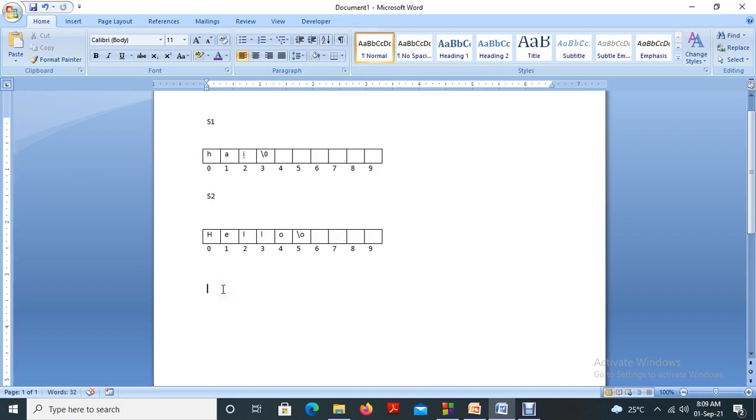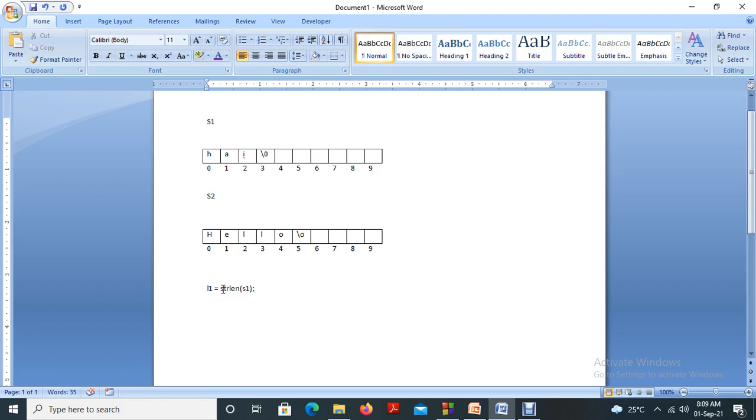So how will you do that? For example, I am using the variable L1. I am using the string handling function strlen of s1, which will return the length of the string.